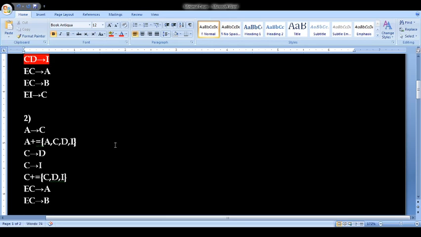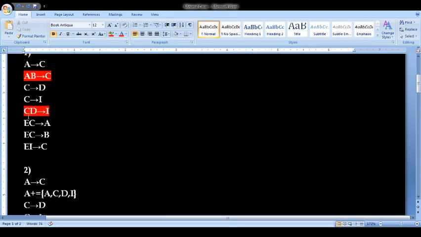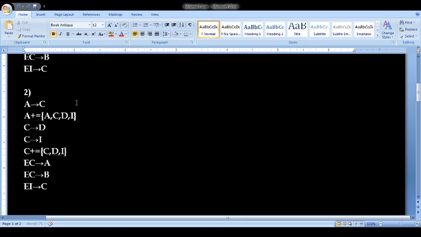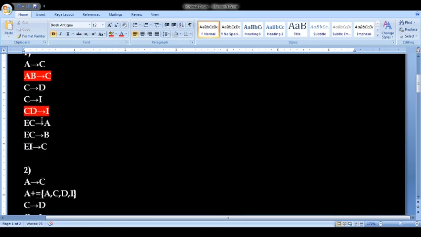Next is AI implies C. Here just see this set of FDs. You can see E alone or I alone doesn't come in any of the LHS attributes, LHS side. So E alone or I alone will not give this attribute C in the closure set. So this functional dependency also doesn't contain any extraneous attribute. So that can be repeated. EI implies C. Okay. So this will be our second set after removing these two functional dependencies.